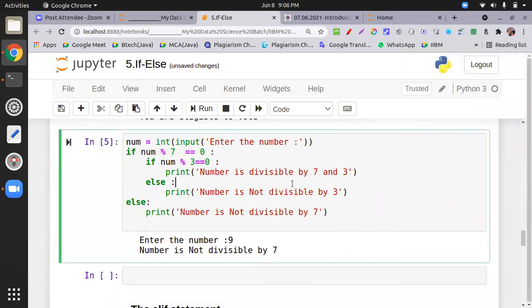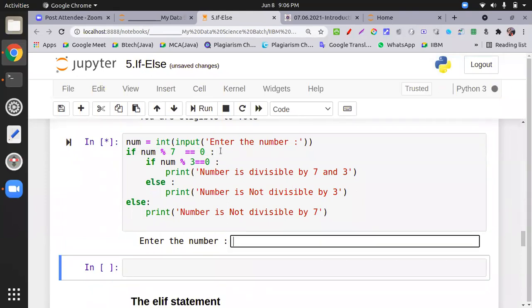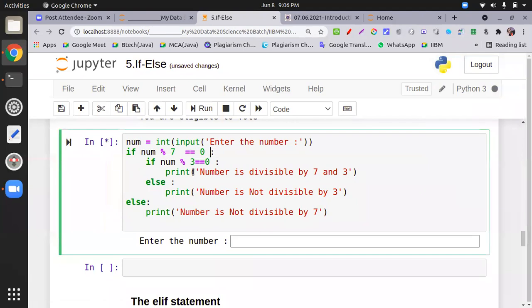Just for example, if I put number 21, no, I want to put 49. 49 is better. Now tell me what answer I get.